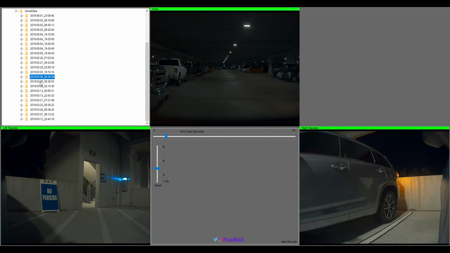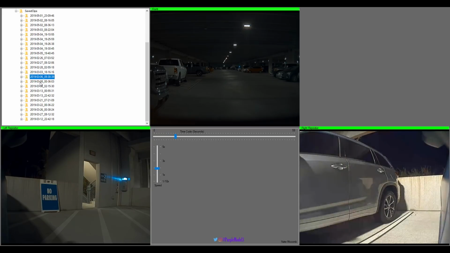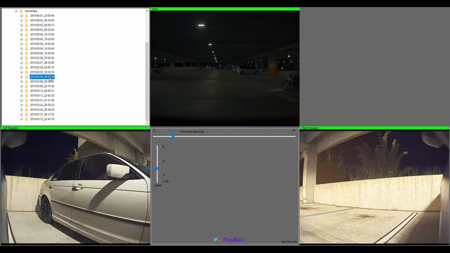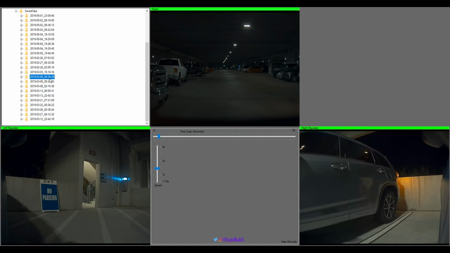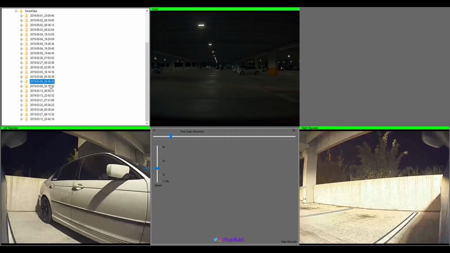So there it just happened to switch between files, and you get about a 1 second gap or so depending on what vehicle you're running Sentry mode on, and what kind of speed thumb drive it's writing to. So the event happened exactly at the 1 minute mark, and that's when we saw it switch over, and so right there it detected it. So sometimes you may lose a little bit of the footage as it's switching files,